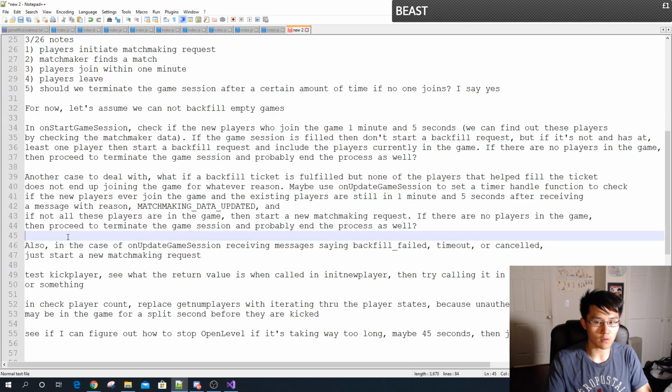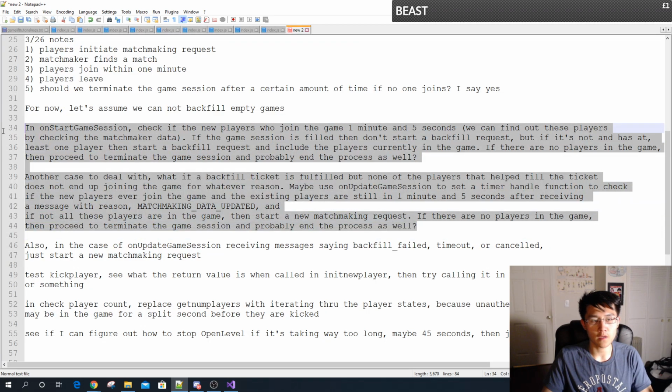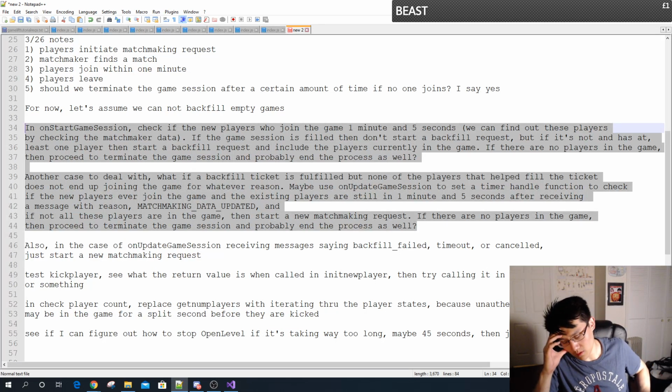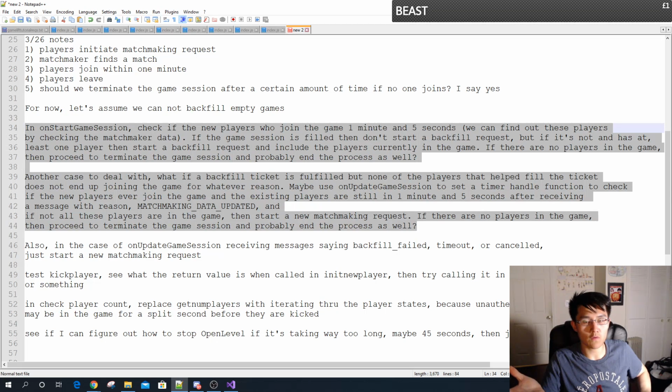Because we're gonna check literally every minute and 5 seconds, essentially. I'm trying to think though. Actually, that might not be true, because you may have a matchmaking ticket open for a while. Right, the problem with my new approach is that you could have players, right? Or, I'm trying to, okay, wait, let me think. Yeah, so you know what you could have? You could have,